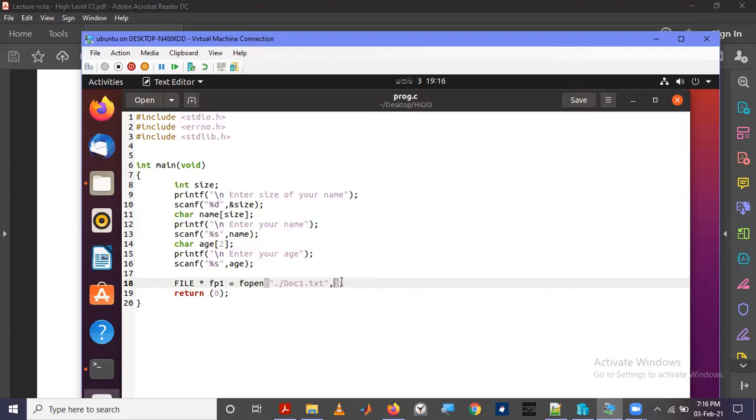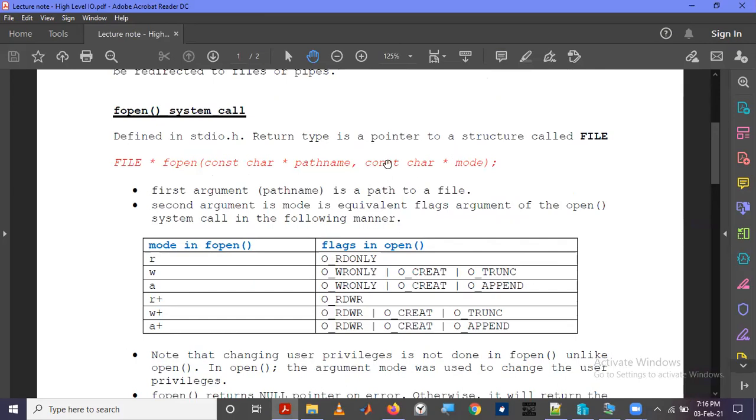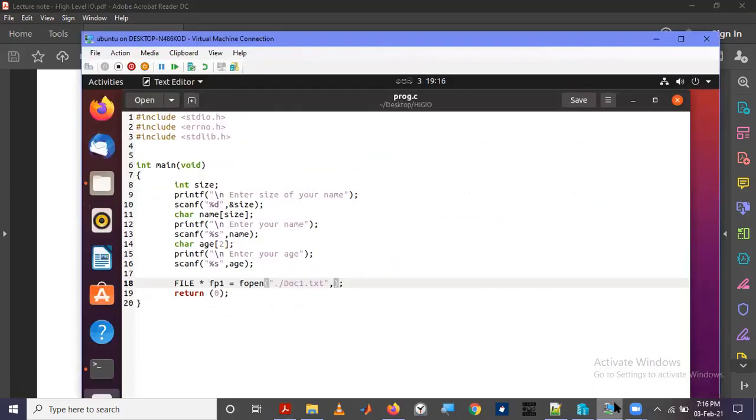Create such a one. Then what was the second argument? Second argument was only this mode. There are no other arguments. So as the mode, I'm going to open this one in read write, open for creating and truncate. W plus. But you have to pass this as a string, otherwise it will not be accepted. So you have to insert this within inverted commas, I mean the double quotes.